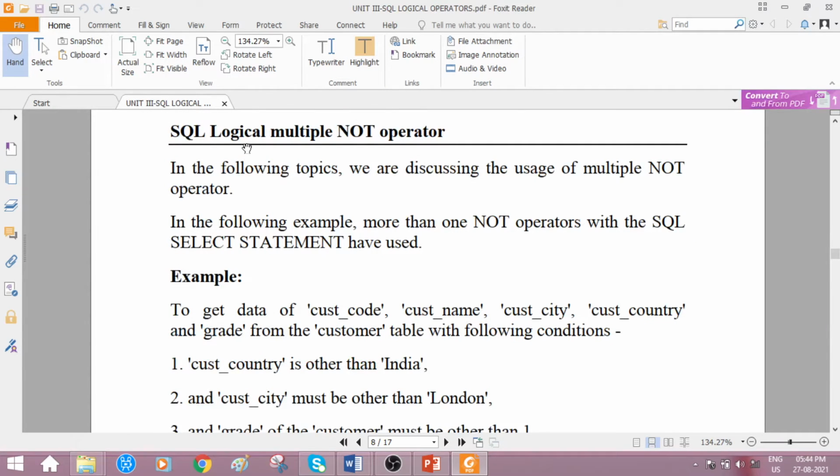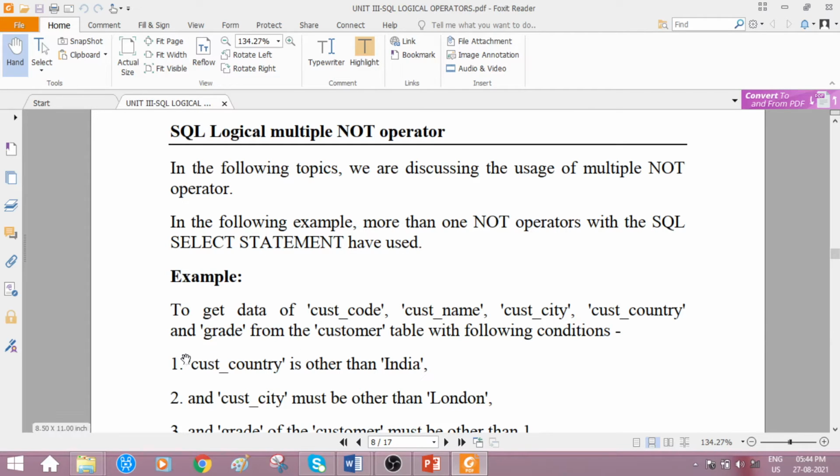Now the discussion is logical multiple NOT operator. We have discussed multiple AND operator. Now the discussion is multiple NOT, how the NOT operator can be used multiple times. We will now be discussing the usage of multiple NOT operators, and in the following example more than one NOT operator is used with the SQL select statement.